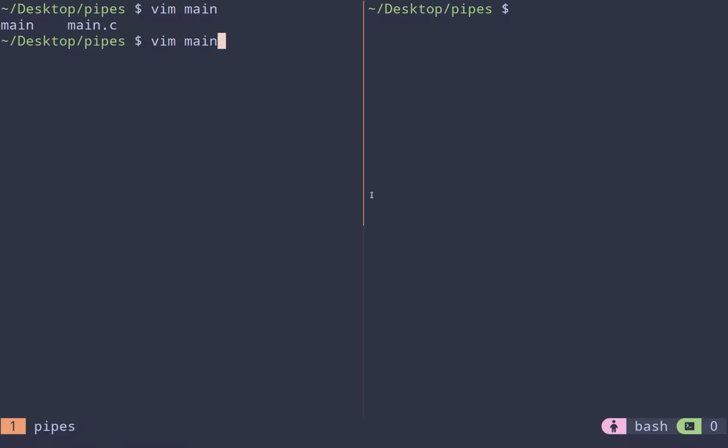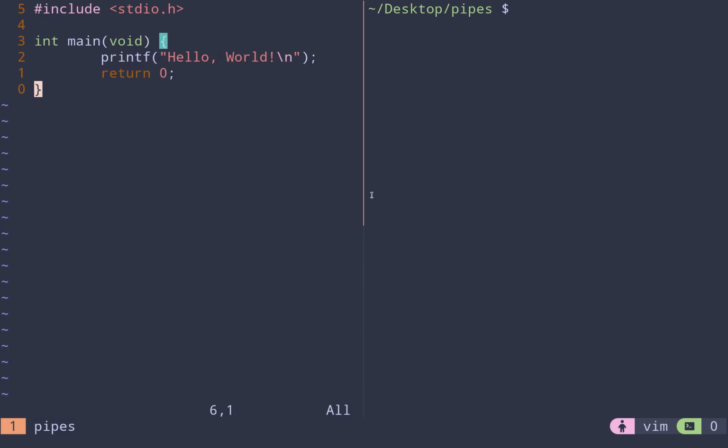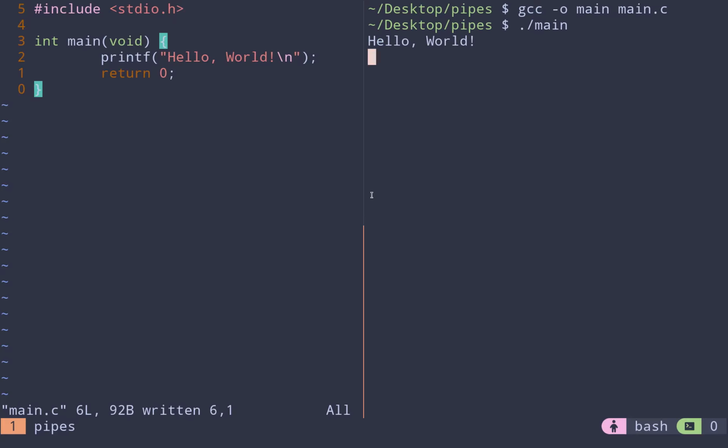And now I can open up that main.c file I was working on earlier, and I can make my changes here on the left-hand side, flip back over to the right-hand side, and then run my compile command, gcc -o main main.c, and then ./main. And I can easily navigate between these two panes to make changes and then recompile my code. And I can even do more splits, so I could say Control B double quote to do a horizontal